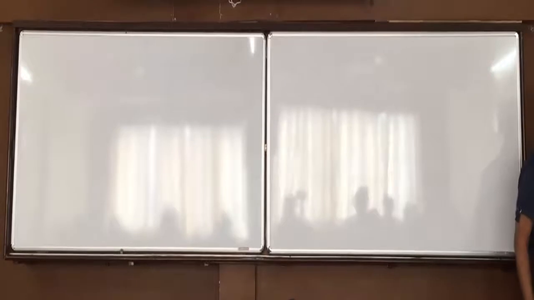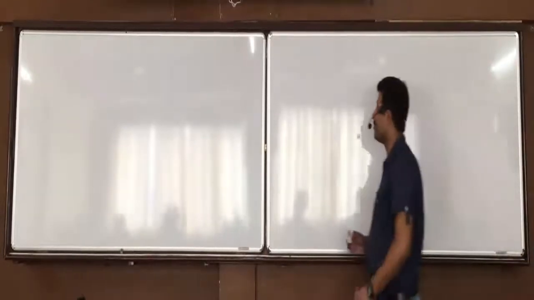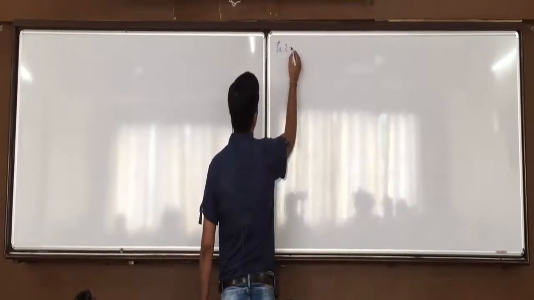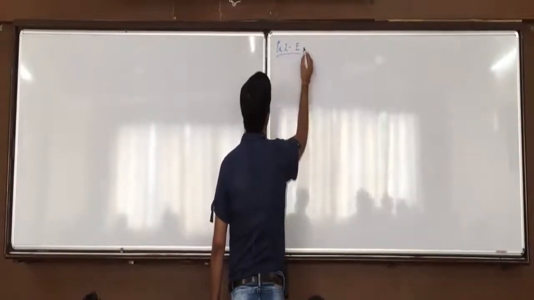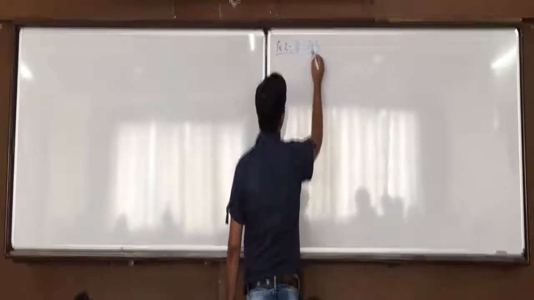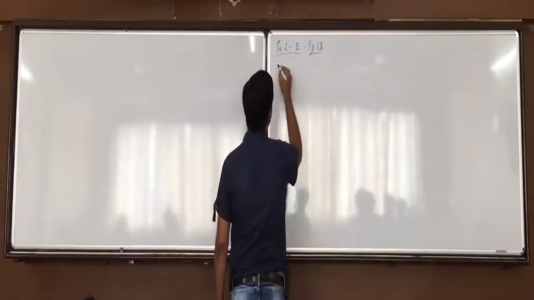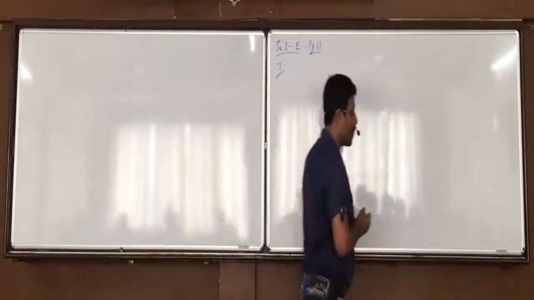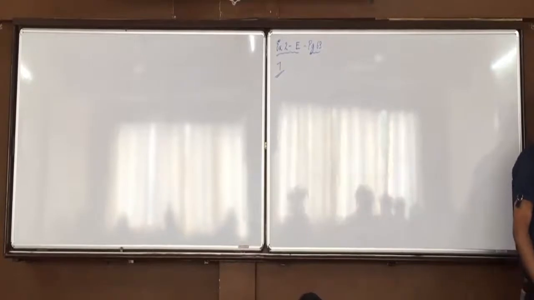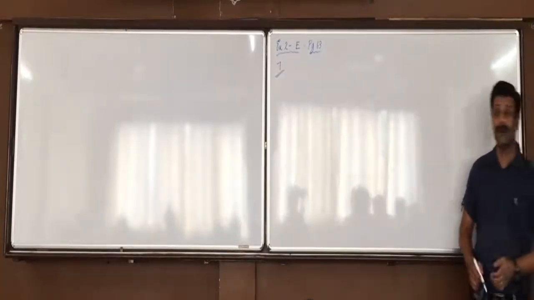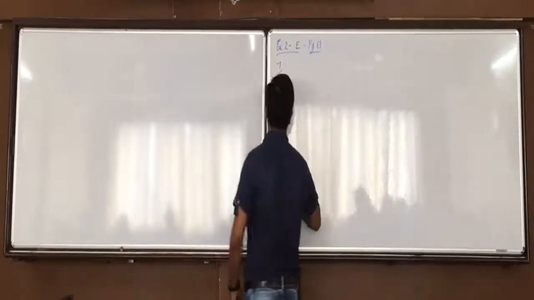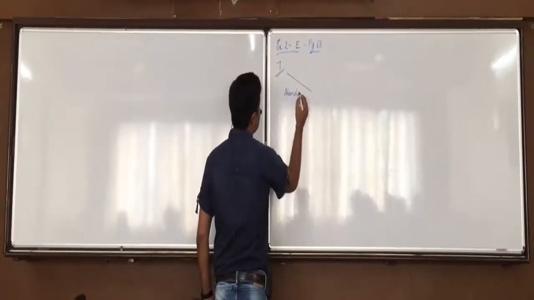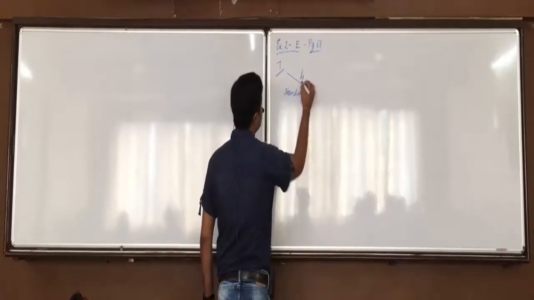Page 63, question 7 I am discussing. Exercise 2, section E, page 63, question 7. You are given the 2 attributes, standard and gender. I am not making the table systematically, just homework, so I am discussing it here. Standard will come here and gender will come here.